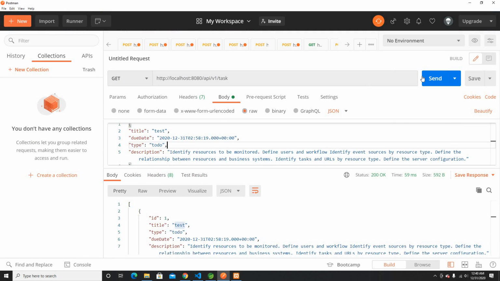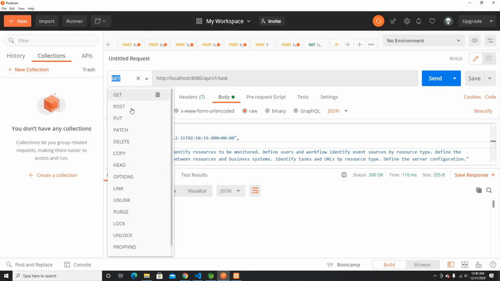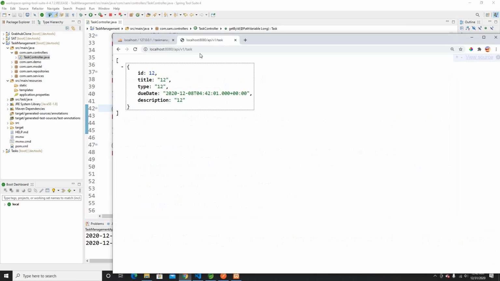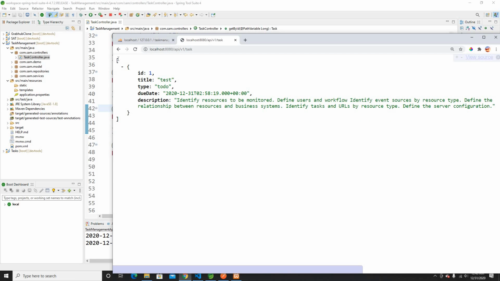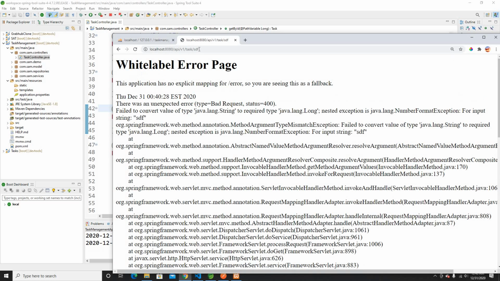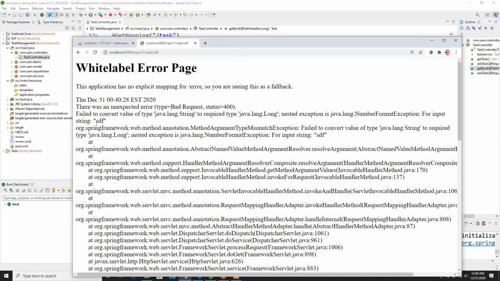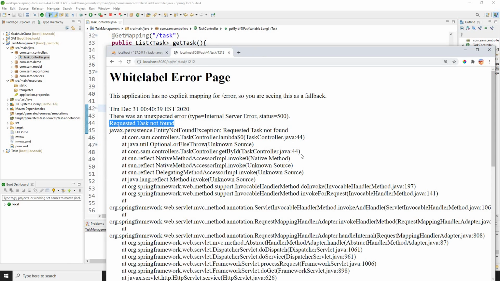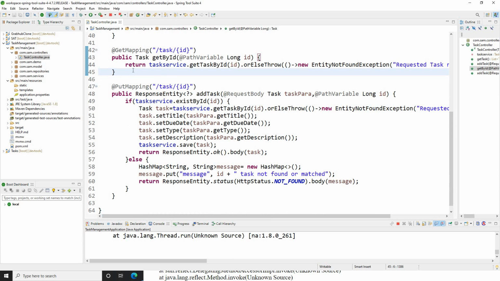So here, if I run it now, it's going to be empty. So now I need to post it. I will post this. Now I have only one. So if I use the get function to give me the one, it's going to give me only one object. If I run this here as well, it's going to provide me an array. But if I tell it to give me only one with the ID, then it's going to give me that. But if I give it an ID of something that doesn't exist, then of course it's going to tell me that this is not found. It says the requested talks not found, the error stuff like that. We could also handle the error, but we're not going to do that